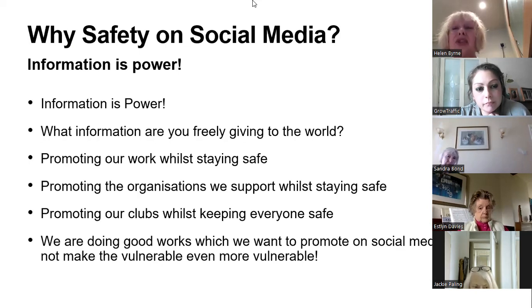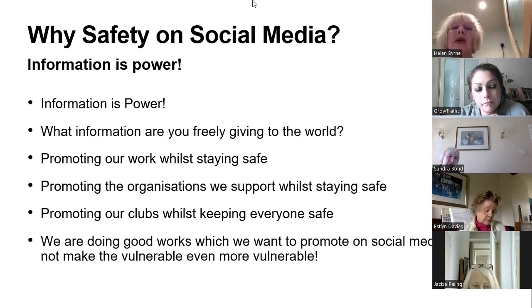So it's about stopping and thinking. With whatever you're doing, you're putting a massive amount of information out there. We want to promote our work, but we want to do it safely. We want to promote the organisations that we support, but by helping them stay safe. We want to promote our clubs, but also make sure that everybody within those clubs is safe.